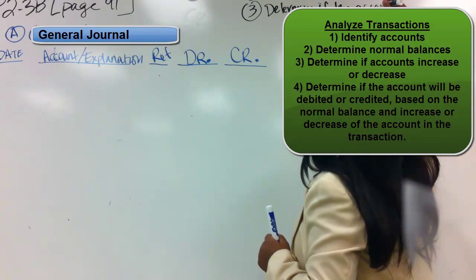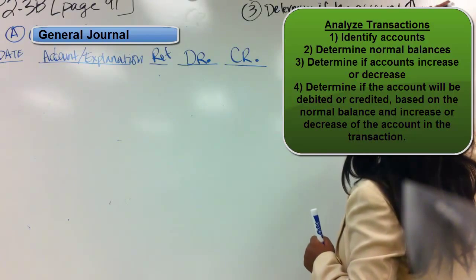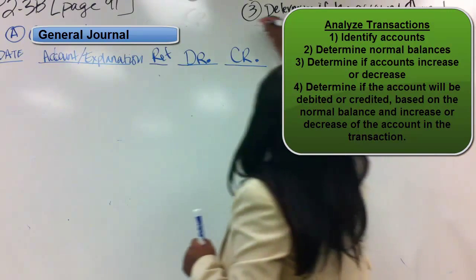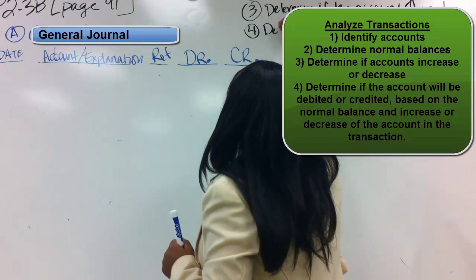So if the account will go up or go down. And then finally, the 4th step is determine